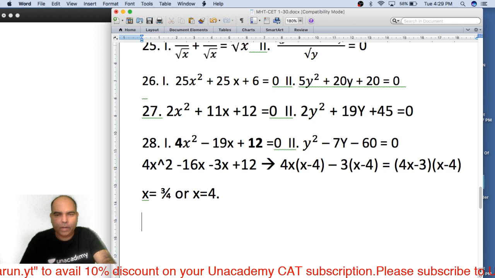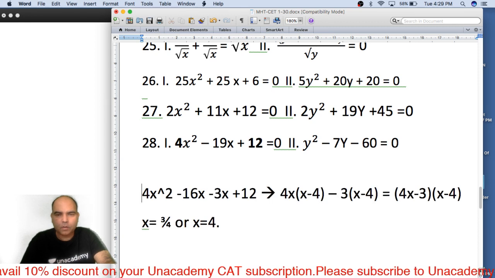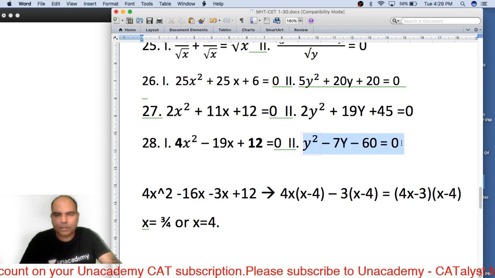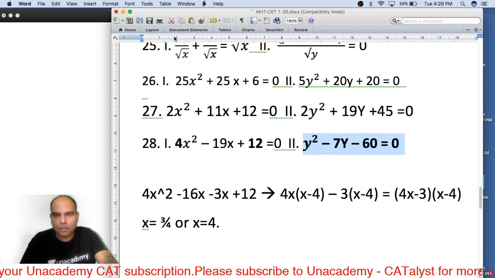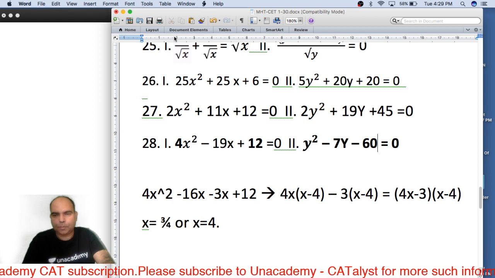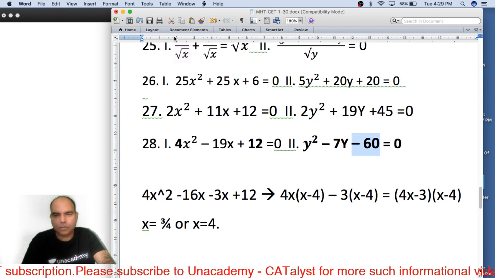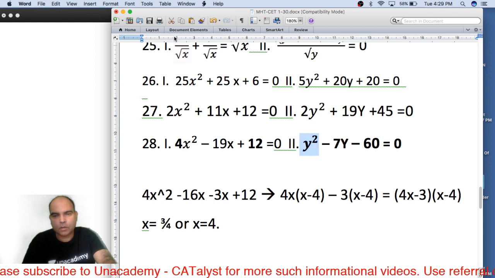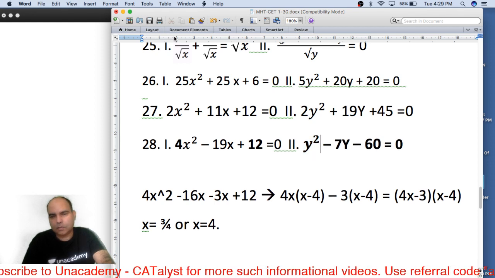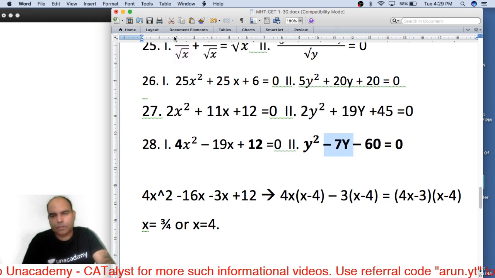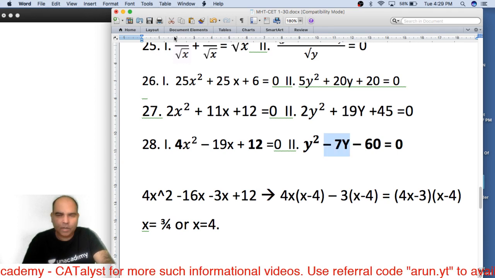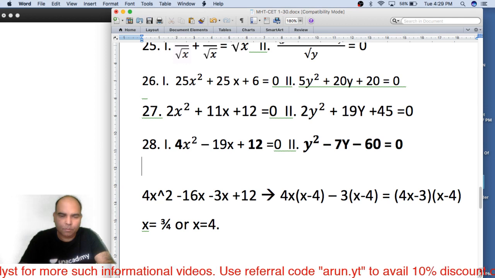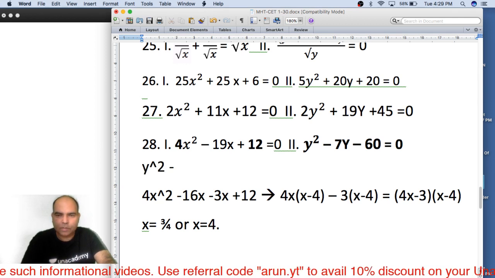If you look at y in the same way, you have the expression y square minus 7y minus 60 is equal to 0, and since the product of minus 60 into 1, which is the coefficient of y square, is minus 60, you need a split of the middle term in positive negative or negative positive, and you should be able to see that this will be split as y square minus 12y